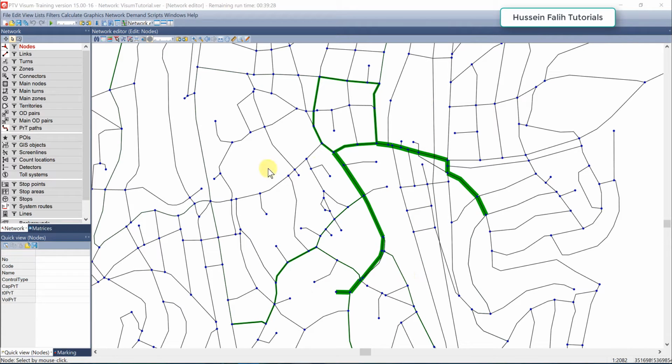Hello and welcome. This is VISUM tutorial number 3, working with graphic parameters. Graphic parameters are useful to show a visualization view of your data, whether an input data or output data. Let's start